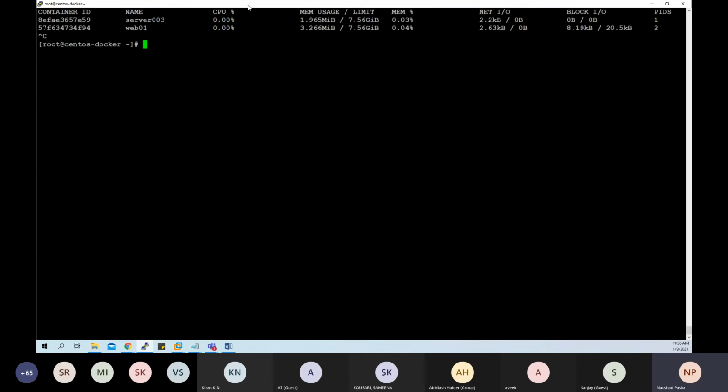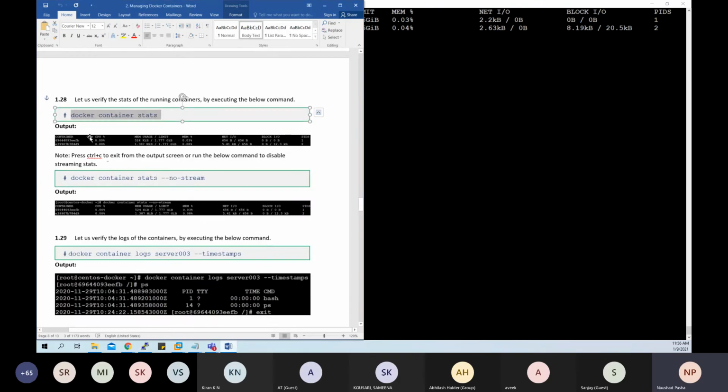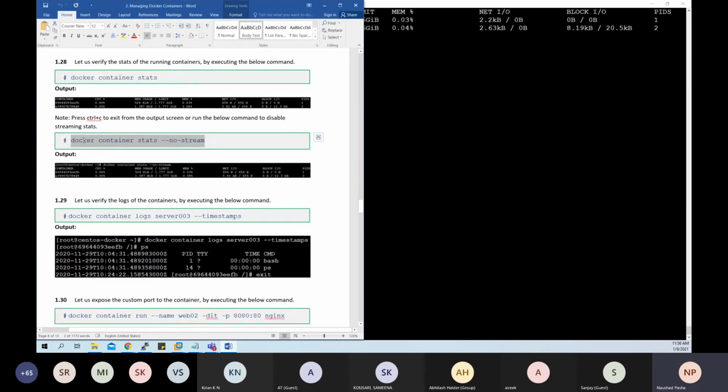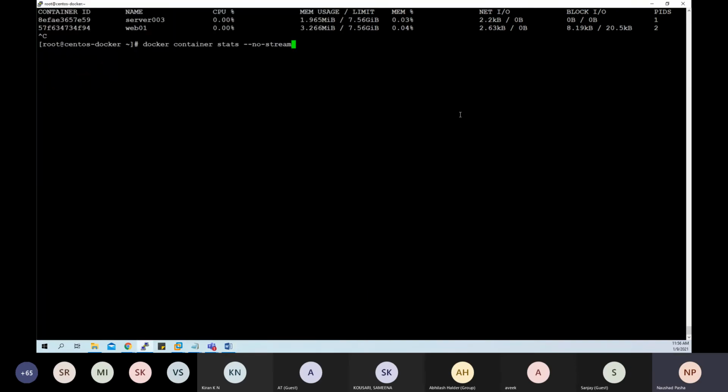The other command is docker container stats --no-stream, meaning you don't want to keep receiving output every 2 seconds. It's like a watch command.